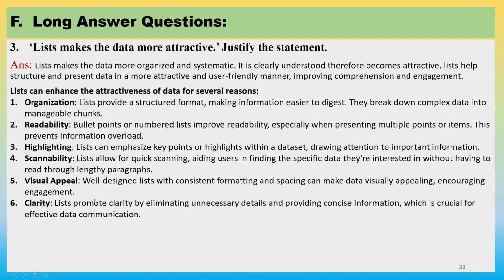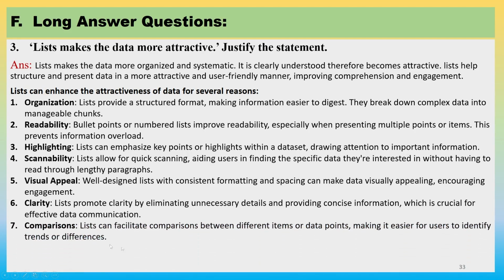Next is clarity. Lists promote clarity by eliminating unnecessary details and providing concise information, which is crucial for effective data communication. Next is comparisons. Lists can facilitate comparisons between different items or data points, making it easier for users to